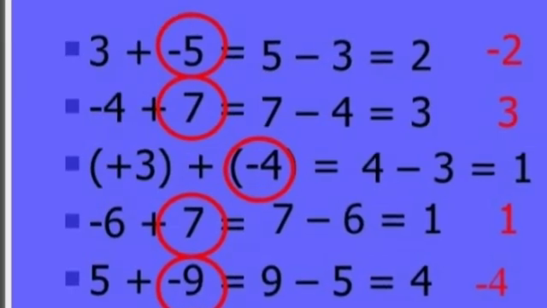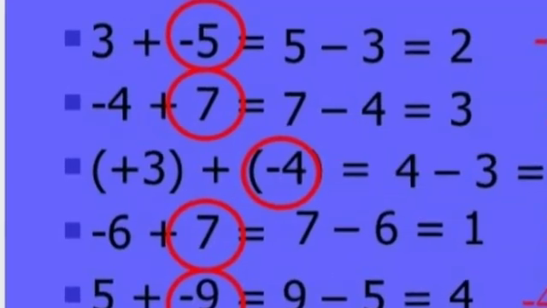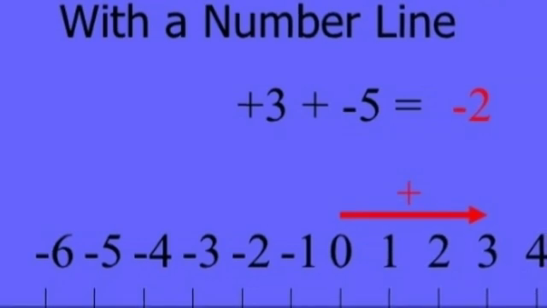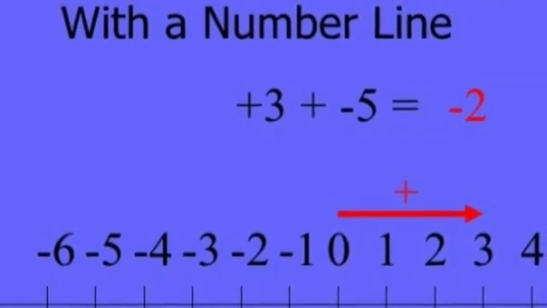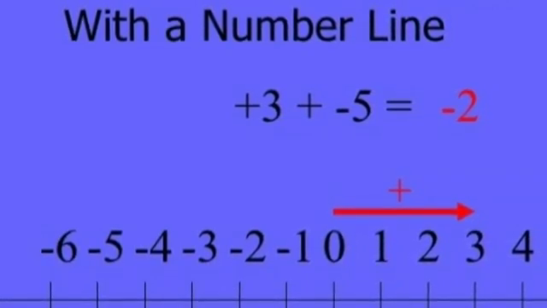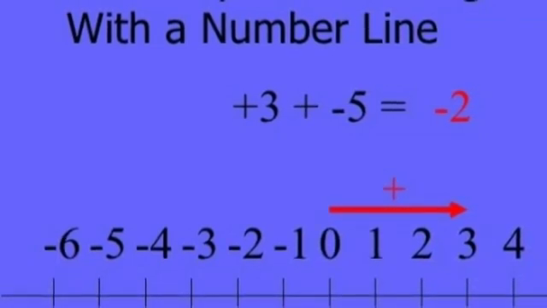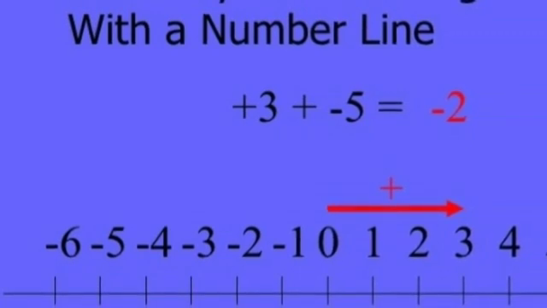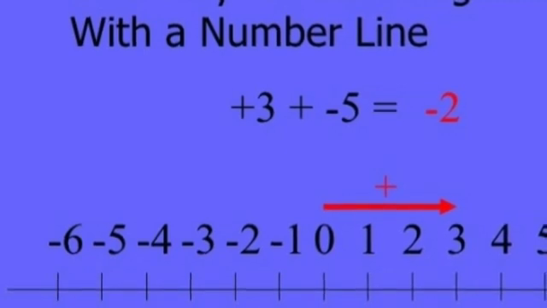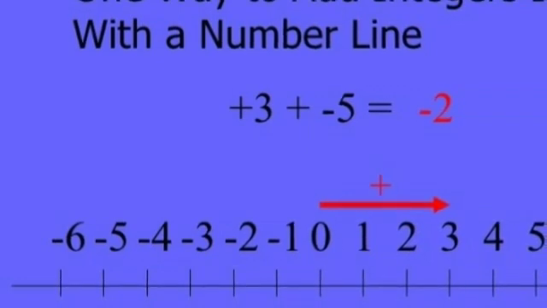Last time we already learned how to add integers on a number line. So see here what I have given. See here, plus 3 added to minus 5. Plus 3 means you should start your journey from 0 and move towards the right side, that is 0 to 1, 1 to 2, 2 to 3. Next, again minus 5 we are adding. Minus 5 means minus is there, so you should move towards the left direction. I showed arrow marks also, please carefully see here.